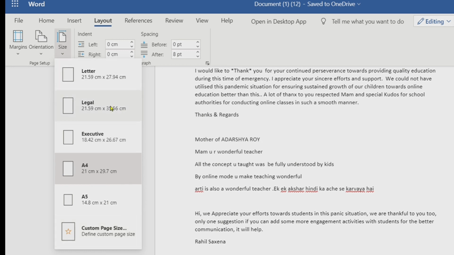So children, from here I can choose any of the page sizes or click on the custom page size option in the size button drop down list to give your desired page size. Like, if you don't know what size of paper you are going to print this document on, what you have to do, children, is first take a ruler and then measure the size from both sides, lengthwise and widthwise.